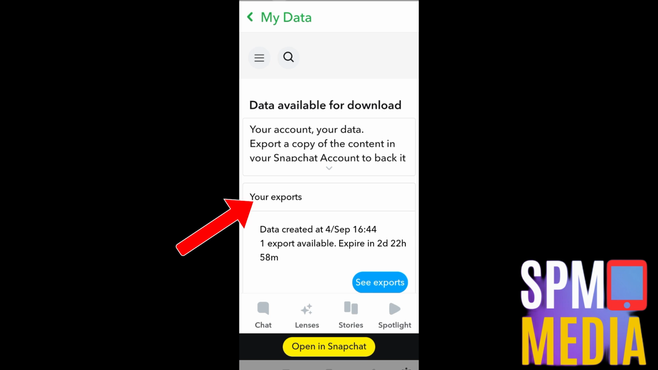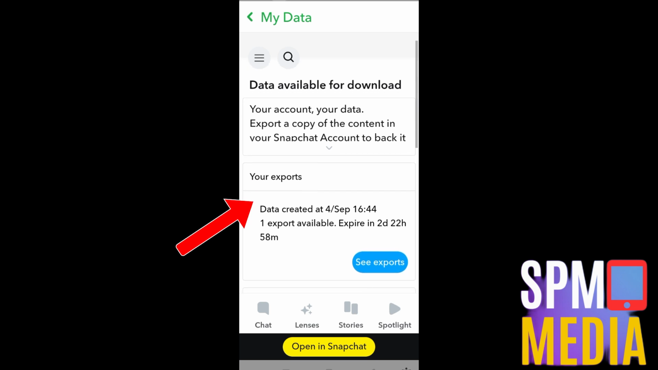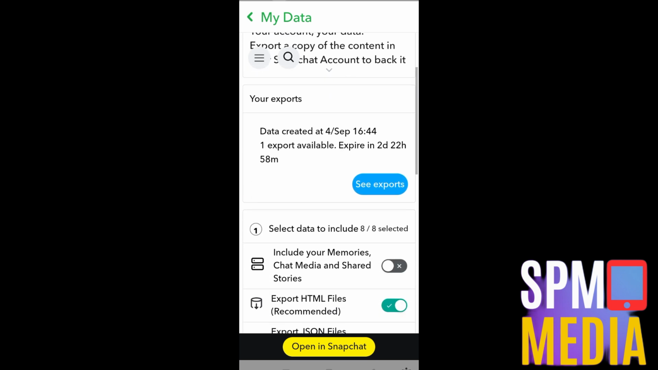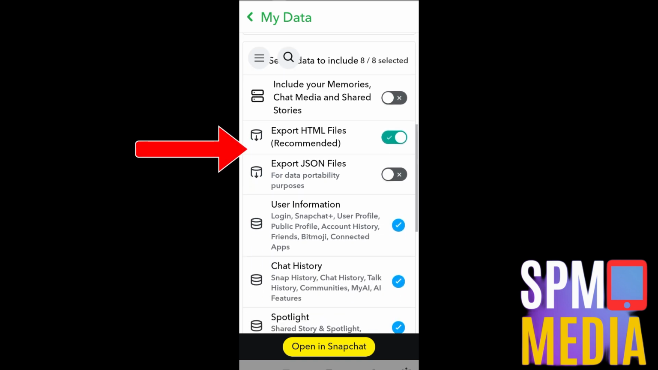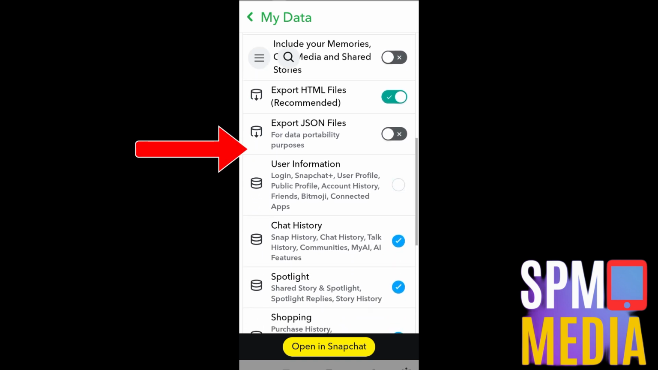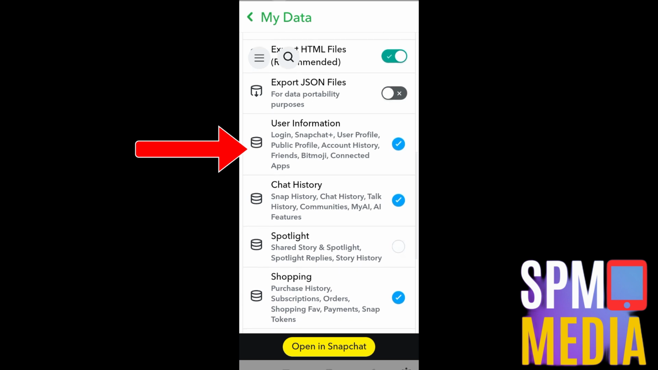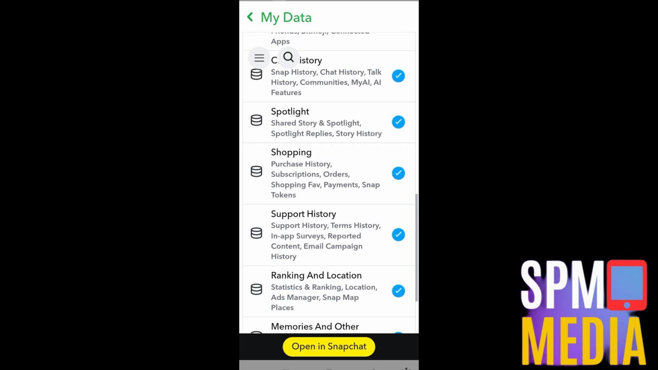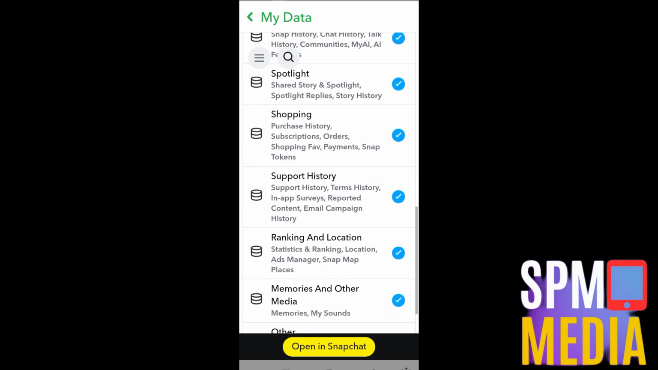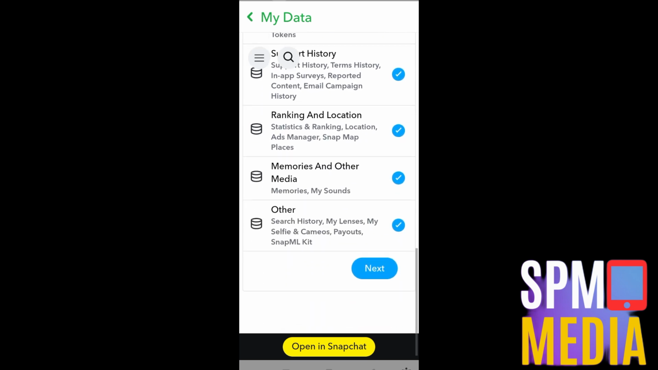So as you can see here, data available for download, all you have to do is to check the files that you need or the backup files that you want to get a copy of. So all you have to do is to toggle on, for example, chat history. You want a backup or check backup for chat history, spotlight, shopping, files like your photos, your videos, and memories